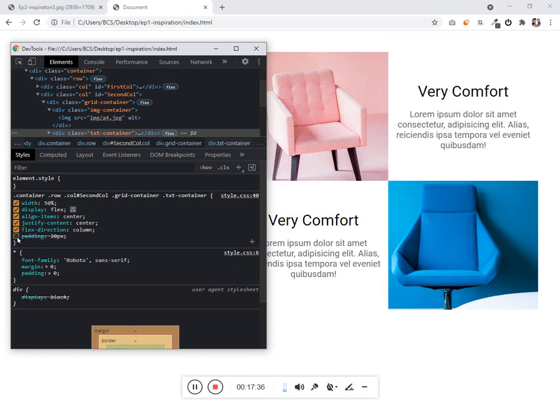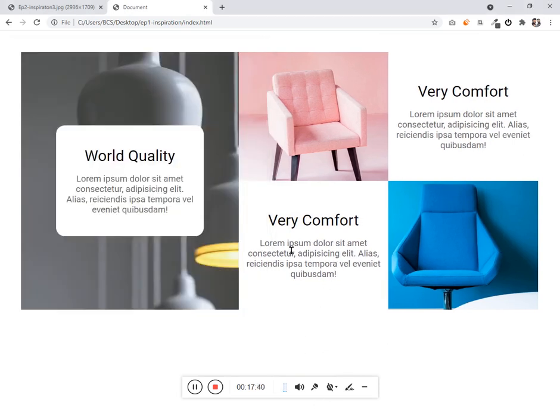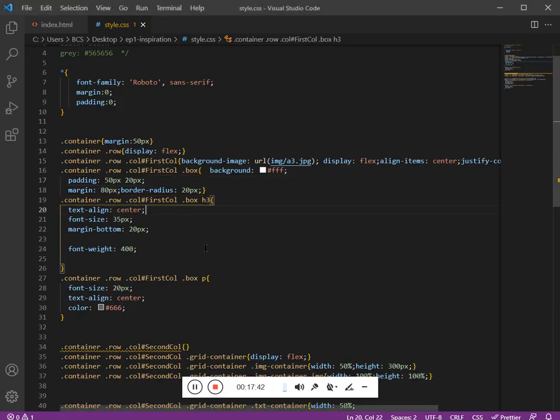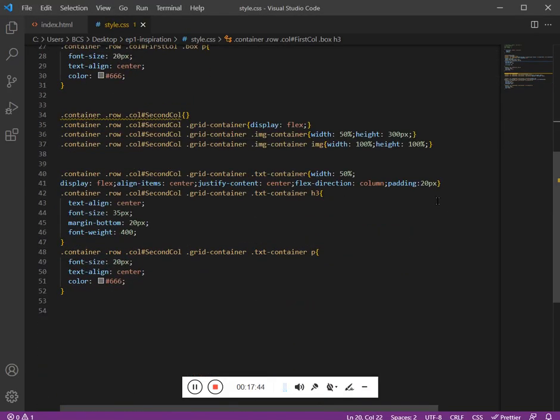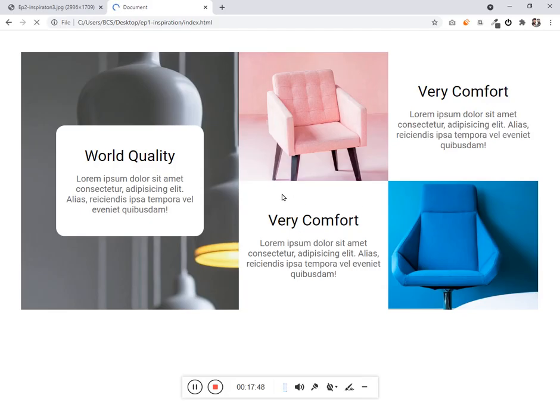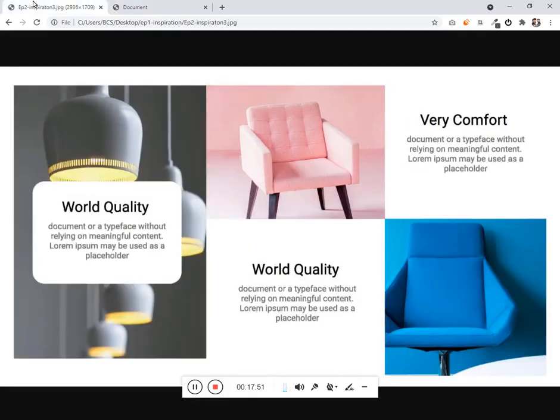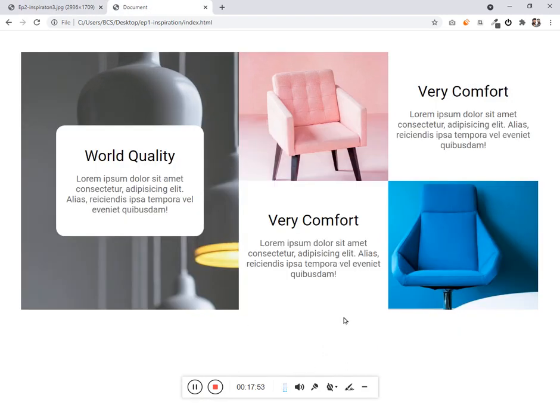If I remove the padding, this looks okay. So let me remove the padding. And I think we have completed the design for the desktop. Now it's time to design the same for the mobile screen.